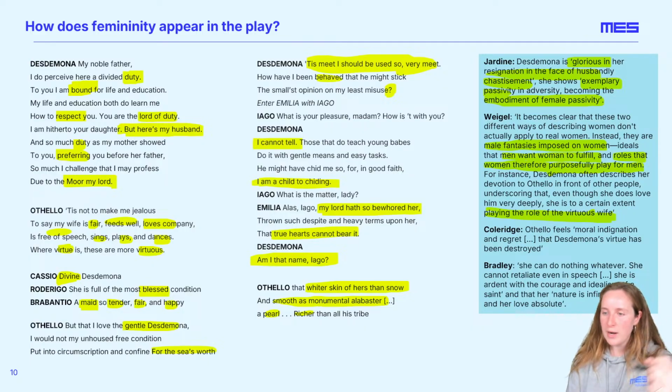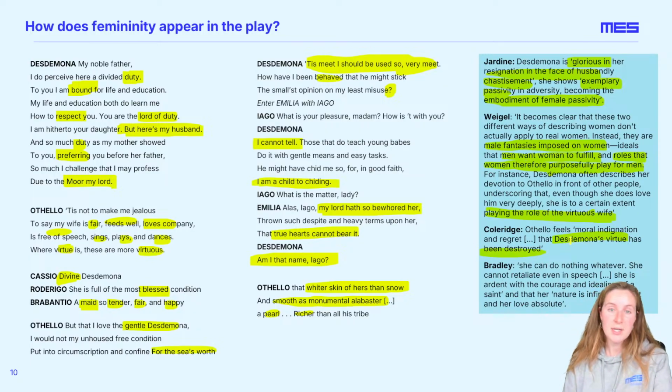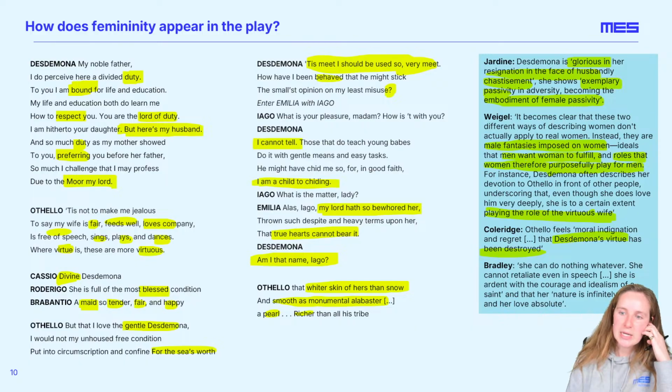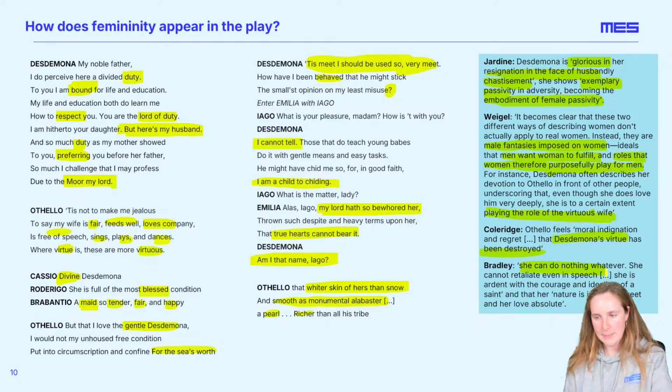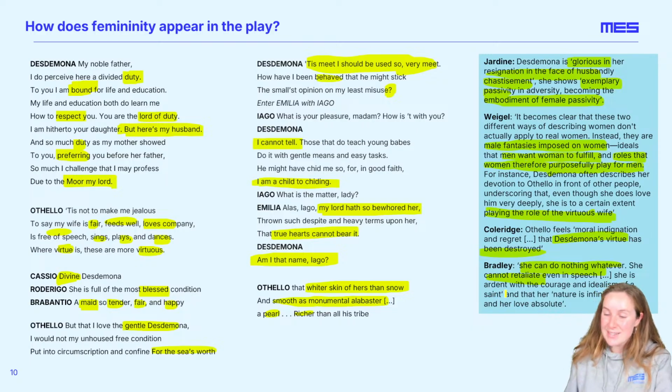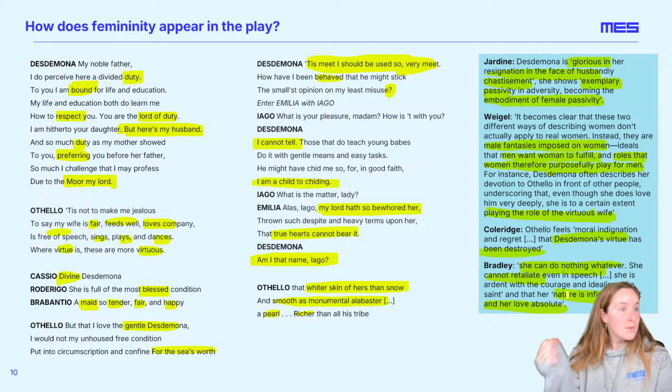Coleridge says Othello feels moral indignation and regret that Desdemona's virtue has been destroyed. So here we have this idea that he is indignant at her very destruction because look how valuable and idealized she is. And Bradley says she can do nothing whatever. That makes sense with her responses here. She cannot retaliate even in speech. She is ardent with the courage and idealism of a saint, and her nature is infinitely sweet and her love is absolute. So as we spoke about on Wednesday, this idea of her